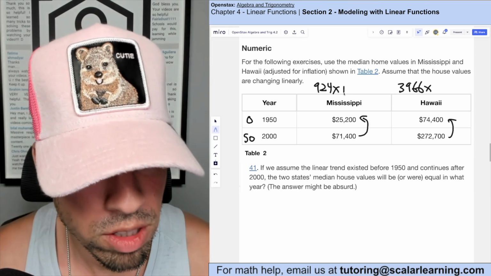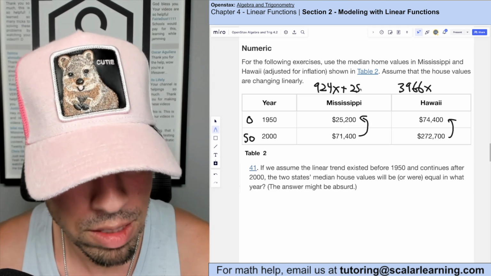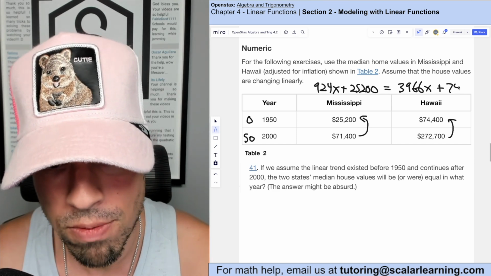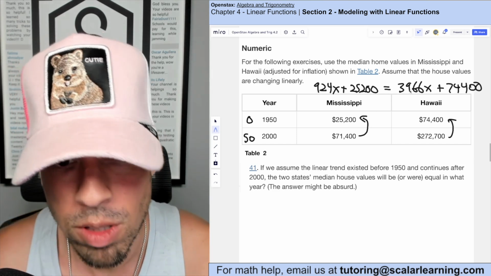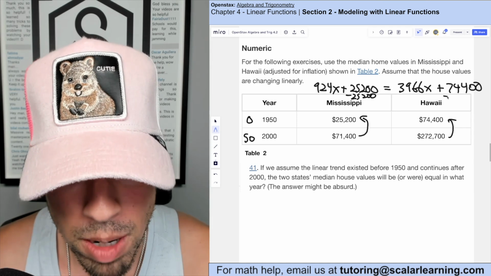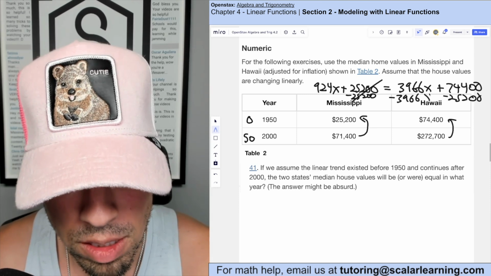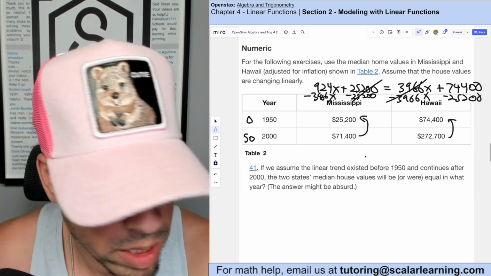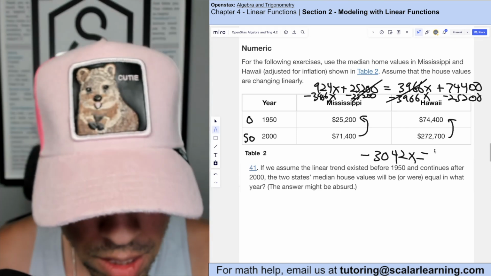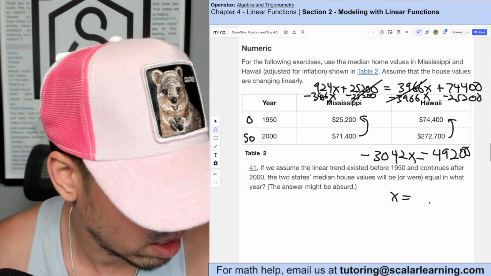All we need now is the y-intercept for each. Again, that's at time 0, which we've designated as 1950, and that's 25,200 here. Set that equal to Hawaii, which would be plus 74,400. Now we've got an equation that we can simply solve for x. So I'm going to simultaneously subtract both sides by 25,200 and also subtract both sides by 3966x, like so. So when we subtract these, we get negative 3,042x equals 49,200. Okay, now we're going to divide by negative 3,042 and we get approximately